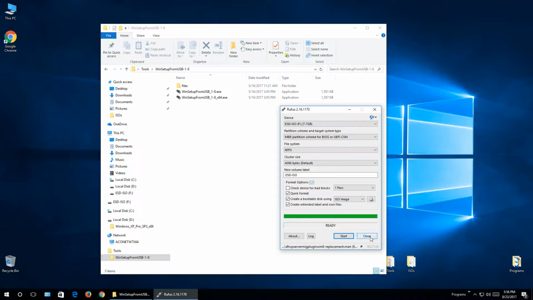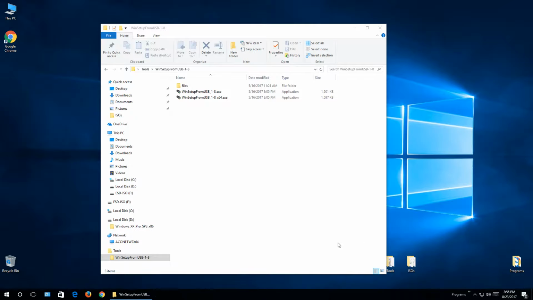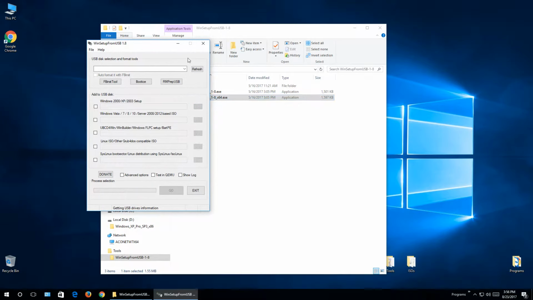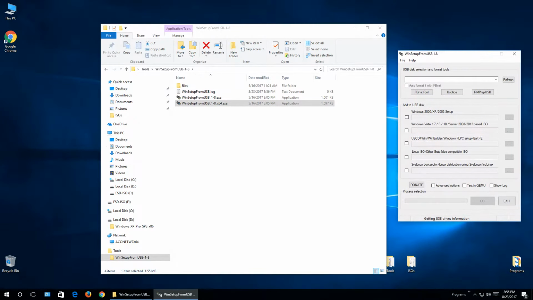But I want to show you this other tool that I extracted before. Run as administrator. If you have 64-bit Windows, run this one. If you have 32-bit, then run this one. In this window,